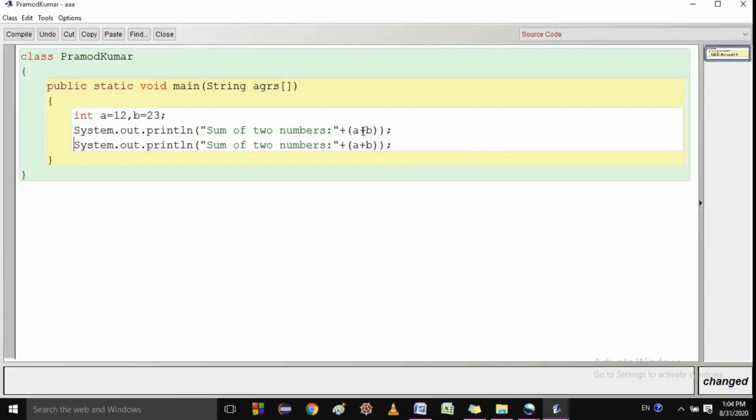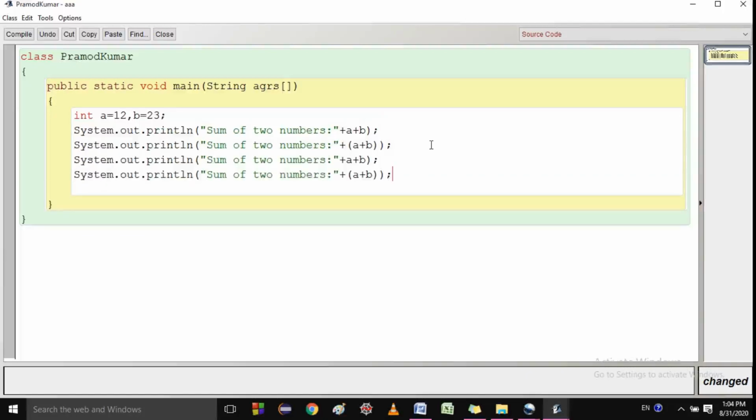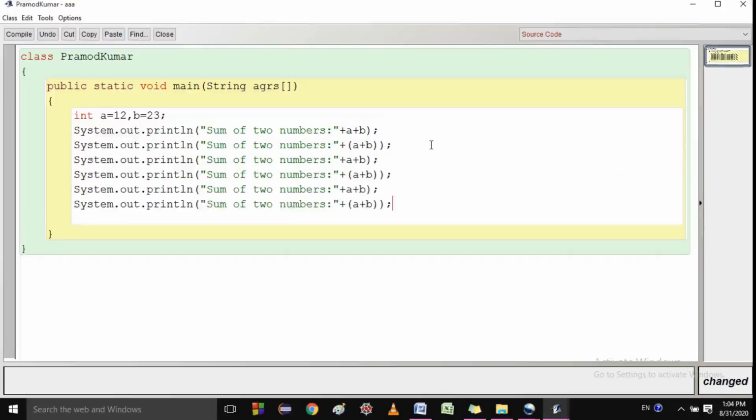Suppose I am not using the bracket over here. Okay, then if I compile, you will see the answer. Control C, let me copy it and paste it over here, so that our work can be completed in a very short time. Okay, so a plus b, then I will do